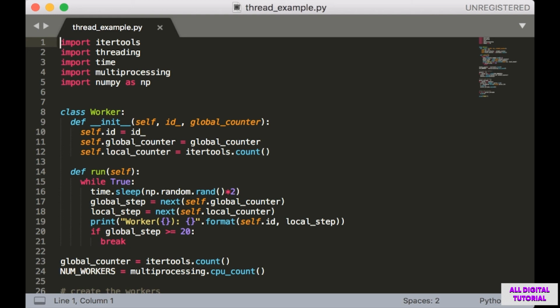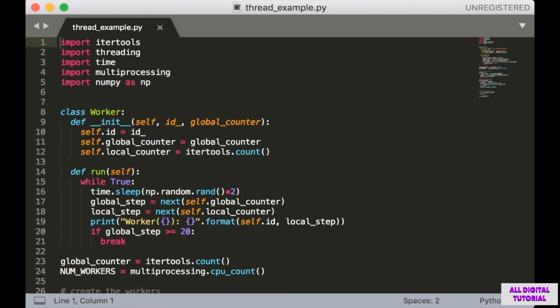So the idea behind this very simple program is this. I want to have a global counter that's shared amongst each thread. Each thread is going to run in a loop, and each iteration of the loop, it's going to increment the global counter. Once the global counter reaches 20, all the threads are going to terminate.